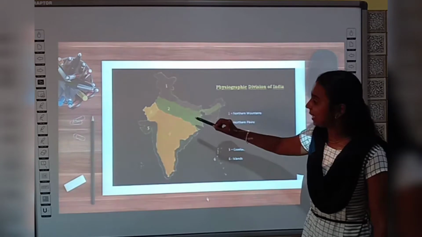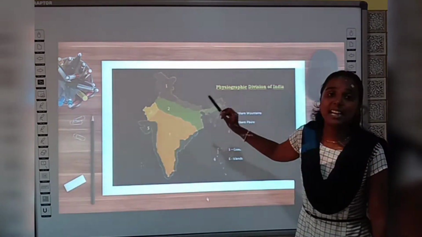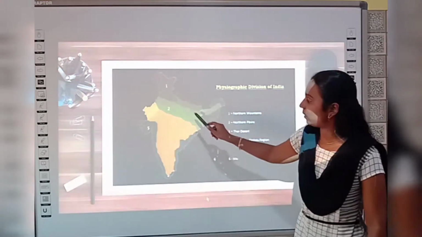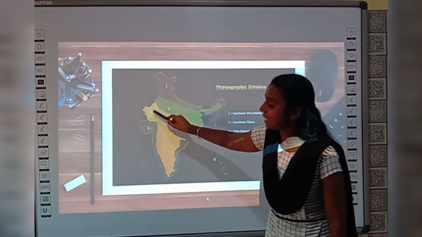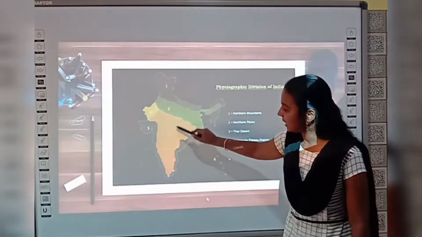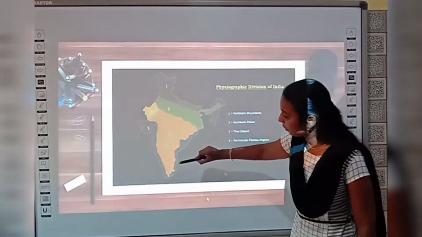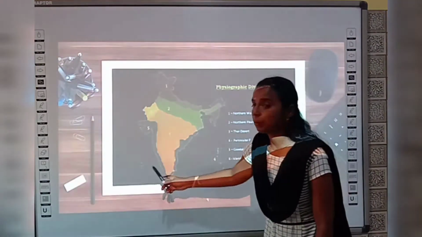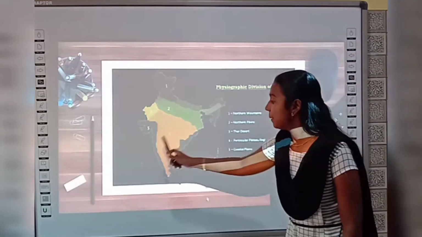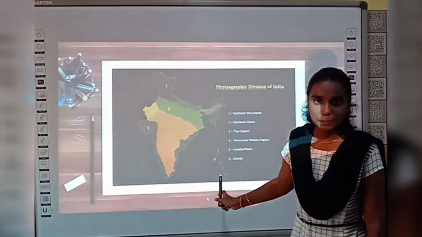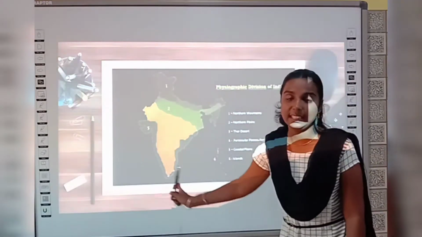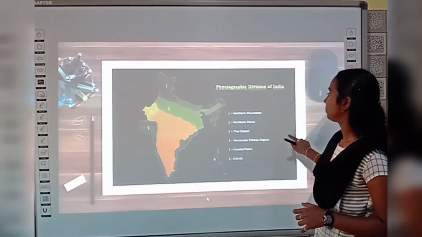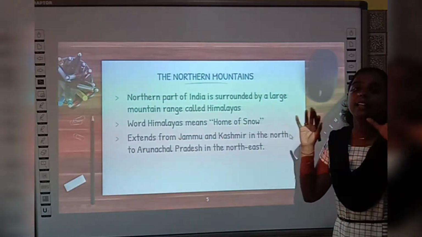This is northern mountains and this green colored area is northern plains. Northern plains are very fertile, so it is shown in green color. This is northern plains and this is Great Indian Desert. And this orange colored area is Southern Plateau, and this dark green area is coastal plains, and on both sides in the sea we have Lakshadweep Islands and the Andaman and Nicobar Islands. So these are islands. These are the locations of our different physical features. Now let us recap one by one.